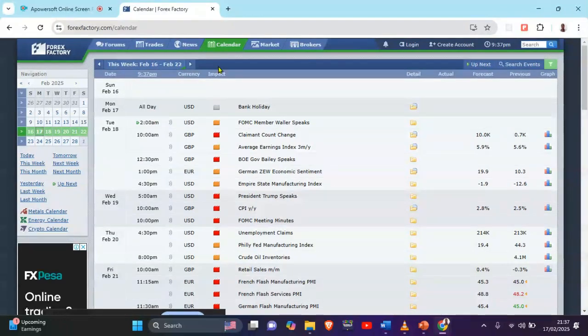Then the next thing is impact. This one is very, very important because impact shows the kind of impact the news release will have on the market. So as you can see, we have gray folders, orange folders, and red folders. Red folders show that the news release will have a very high impact on the market. And most of the time, if you're trading US major pairs, gold and indices,